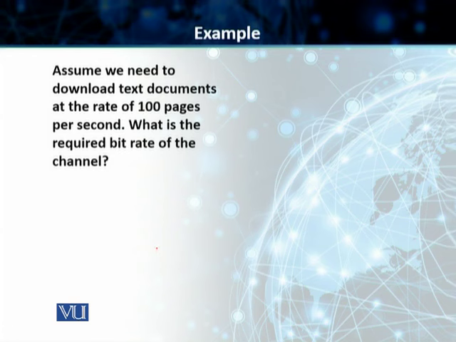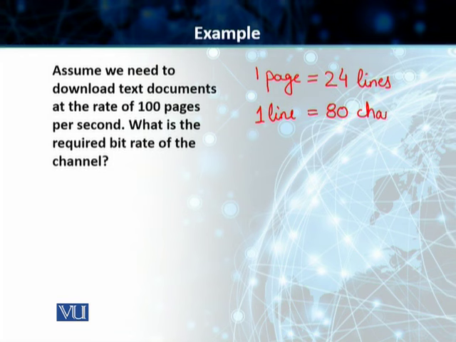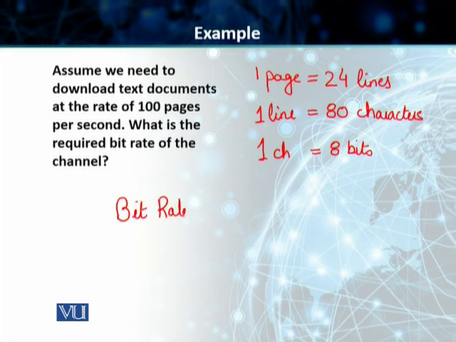Students, in general, one page contains 24 lines. Every line normally has 80 characters. So, in this case, if we assume that one character requires 8 bits, then in order to find out the bit rate that we need to use on this channel to download this document,